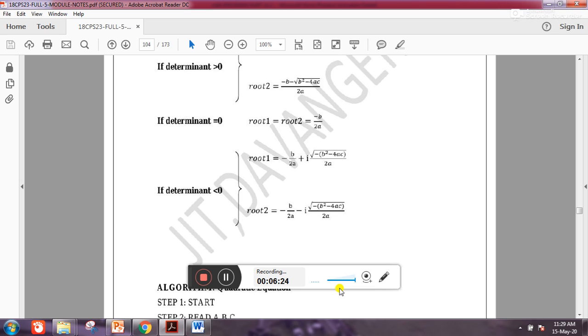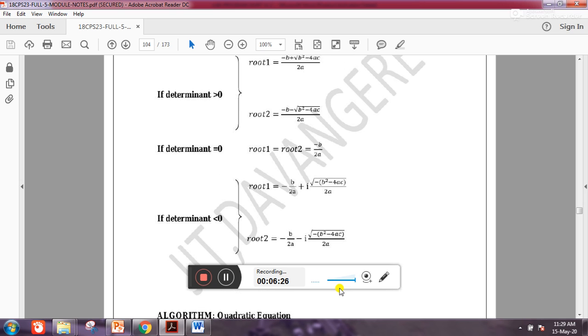Okay, so here we are going to check the four conditions based on determinant, and before that we are going to check whether the inputs are real numbers or not. So here we are going to check 4 to 5 conditions, means we are going to check multiple conditions. For checking a single condition, we use only simple if and else branching statements. If and else is more than enough if we are checking only a single condition. But now we are going to check multiple conditions. For checking multiple conditions, we have to use the else if ladder.